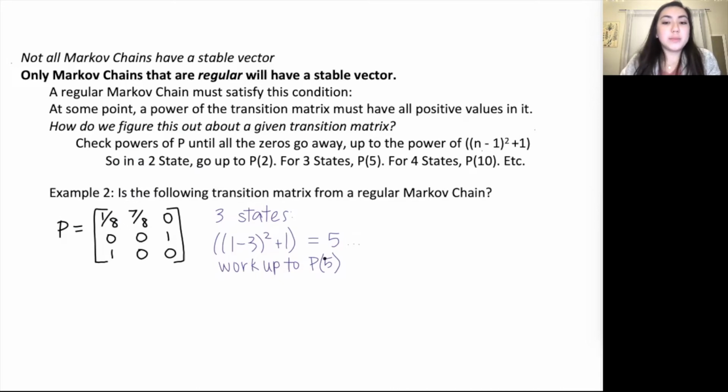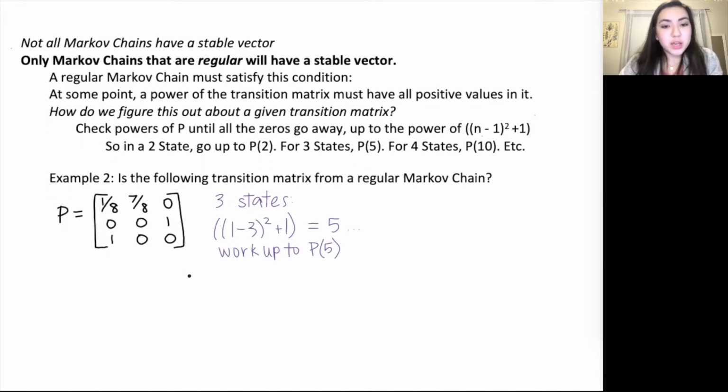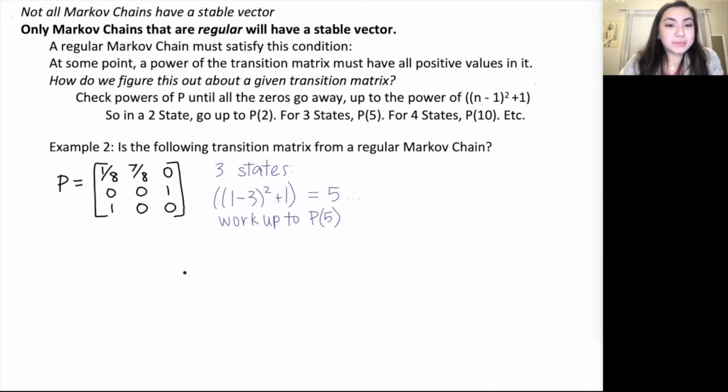So we have to work up to the power of 5 for our transition matrix here. In order to figure out if any power is going to have all positives, you just got to keep multiplying. Given this as our transition matrix, we're going to start by finding p squared, which is the same thing as doing